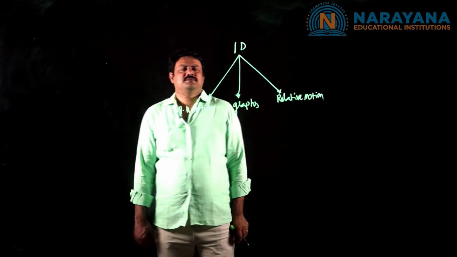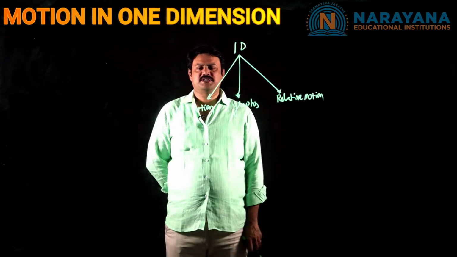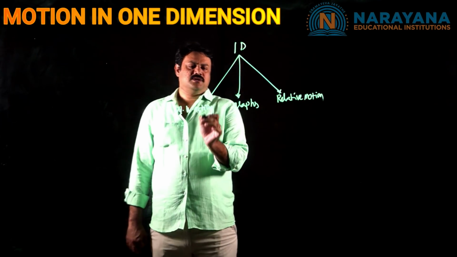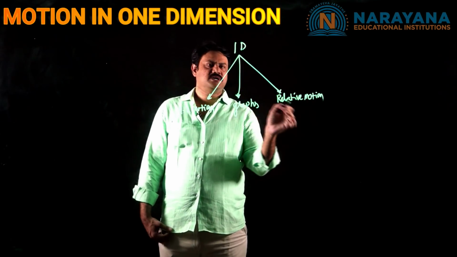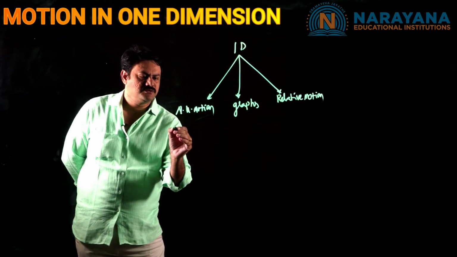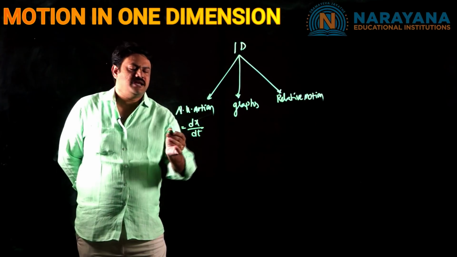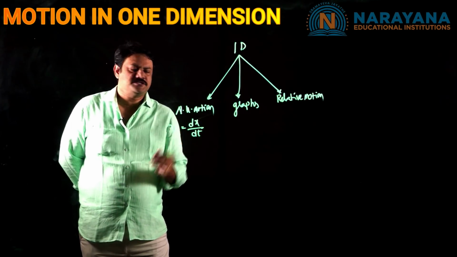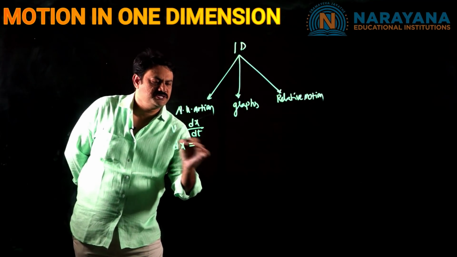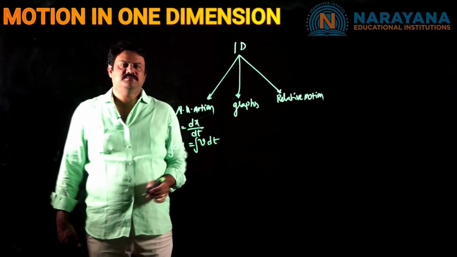Suppose you observe the 2019 and 2020 mains and advanced examinations. Most of the mains questions are related to non-uniform motion, graphs and relative motion. In non-uniform motion, velocity is equal to dx by dt. If the velocity of the body changes with respect to time, to calculate the distance or displacement use this relation, dx is equal to v into dt, by taking the integration.